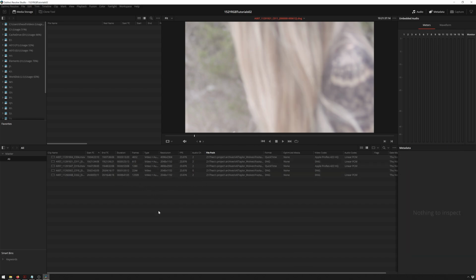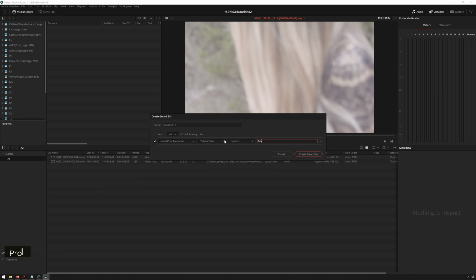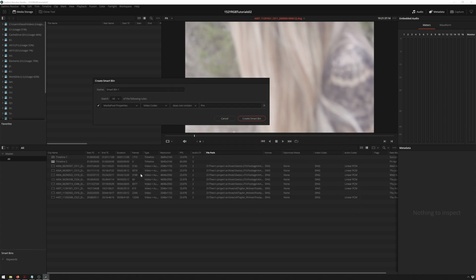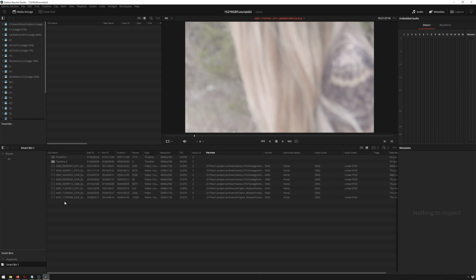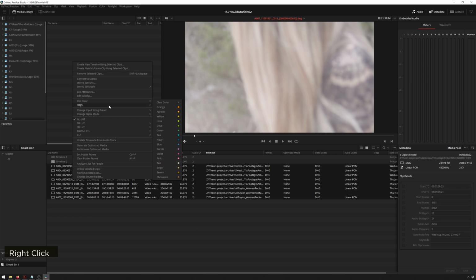But another really easy thing to do is you can go to your smart bins, right click, add a smart bin. We want the video codec to not contain ProRes. So all of our footage that isn't already in ProRes gets put in the smart bin. Create a smart bin. Now I've got all these things that we can go through, and right click,